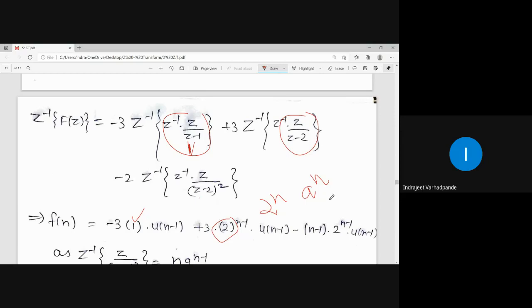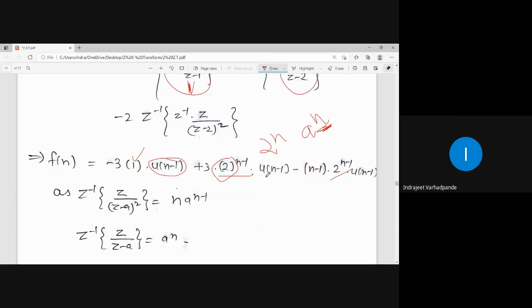बट n के जगह मुझे क्या लिखना है हर प्लेस पे? n माइनस 1. तो मैंने लिख दिया 2 टू द पावर n माइनस 1, यहां पर भी लिख दिया 2 टू द पावर n माइनस 1. और किससे मल्टीप्लाई करना है मुझे? u ऑफ n minus 1 से. तो every term is correspondingly multiplied by u of n minus 1. This is the way where they have given you the simplification or the justification.